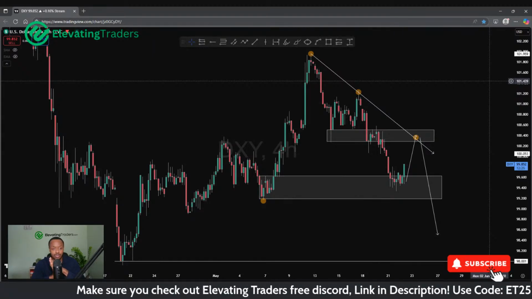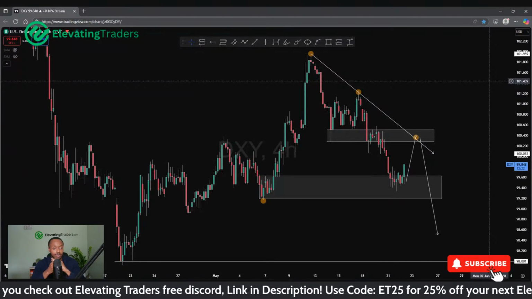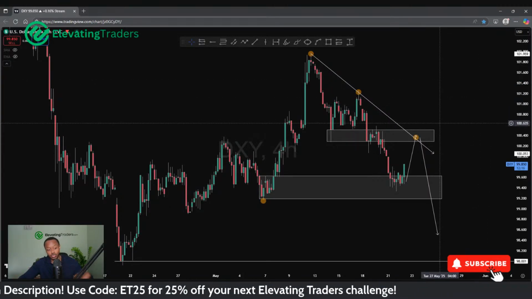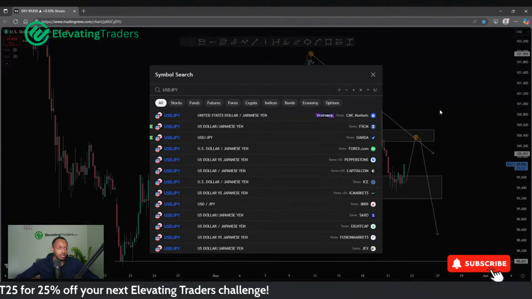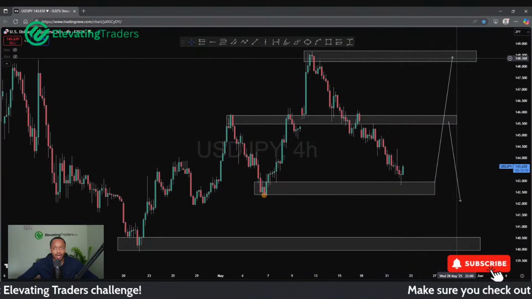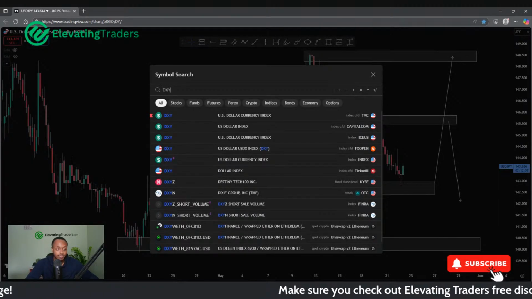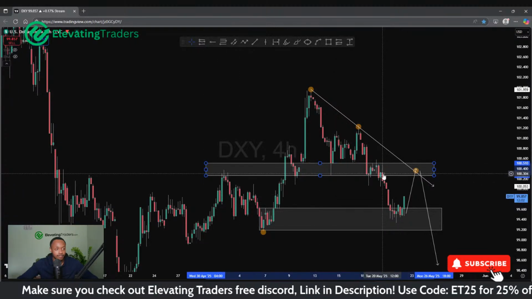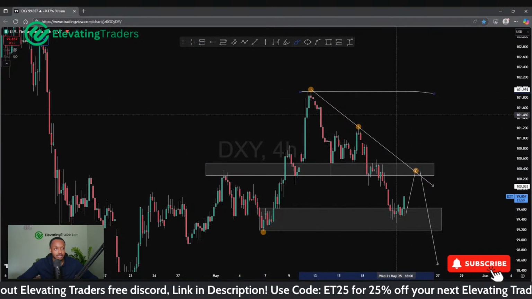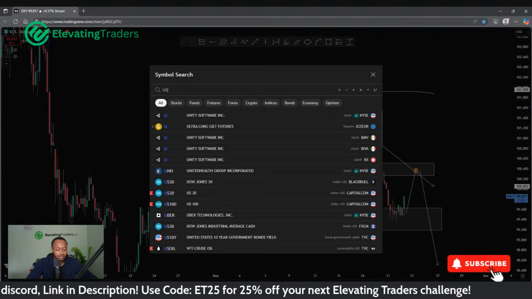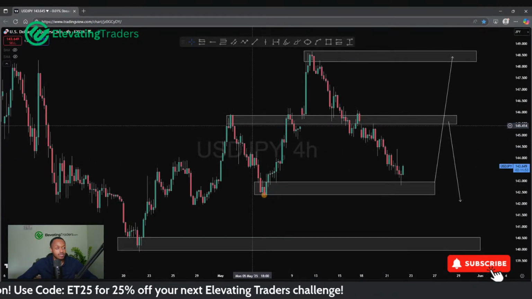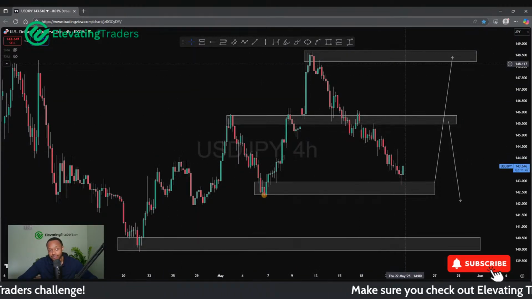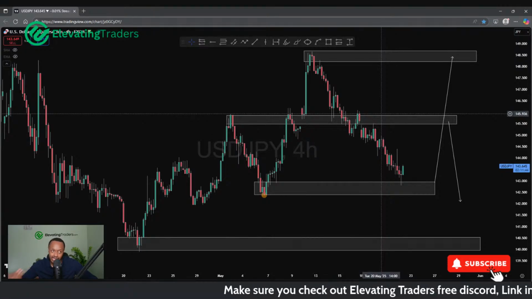The strength in the USD right now is at 99.6 roughly. I still think we can get a bit more dollar strength back into 100.4. I don't expect it to last forever, which is why I'm a bit more skeptical with my dollar yen swing bias. I'm not necessarily looking for a swing back there anymore, mainly because my DXY bias has pivoted. At the start of the week, I was looking for price to hold on to this level as support, and I was looking for price to swing back into resistance here and continue. So hence with dollar yen, I had a similar bias as well, looking for price to respect this area, if not this area here as well, for that swing back to highs. But now, because I've pivoted, I'm not as bullish on the DXY anymore.